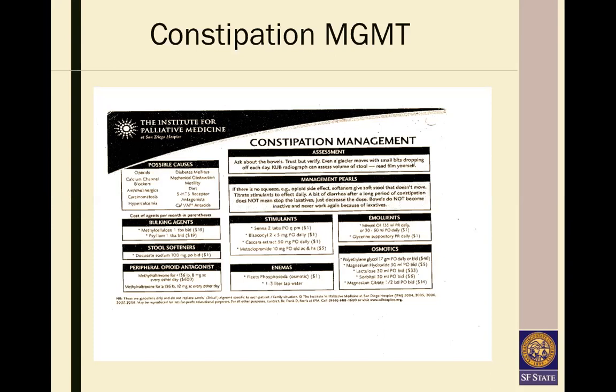Things that they talked about for opioid antagonists, and that's methylnaltrexone. Now, methylnaltrexone has a derivative of Narcan in it, but it focuses more on the GI tract. And so methylnaltrexone is really only for constipation that's related to opioids. It is an injection that you give. It's a very expensive injection, so we don't use it that often. We try to use other agents that are much cheaper, but it is effective in patients who have constipation related to opioids. The stimulants are the senna, bisacodyl,